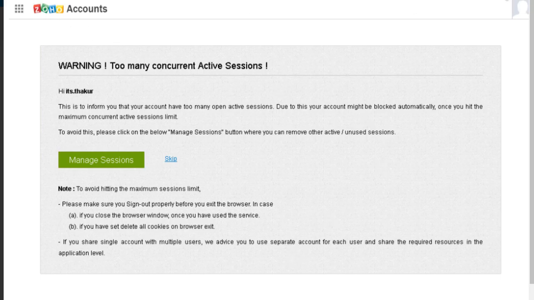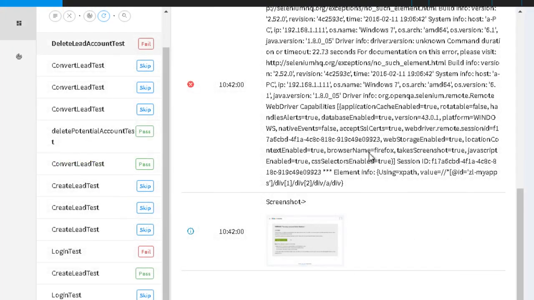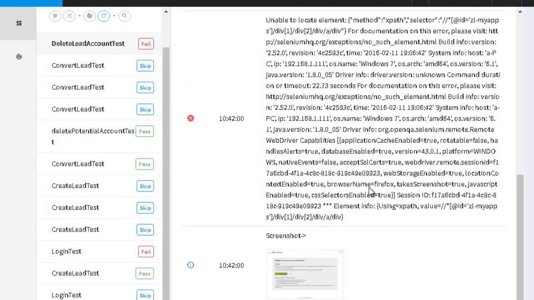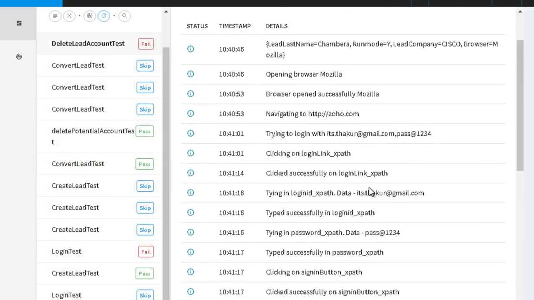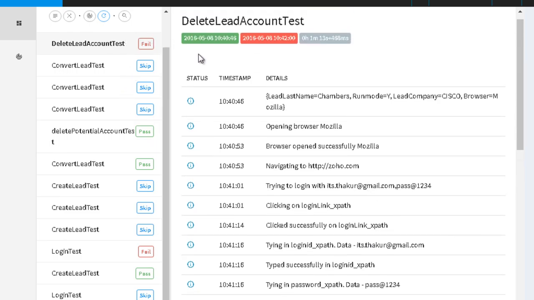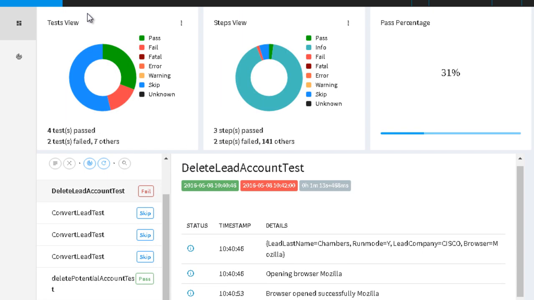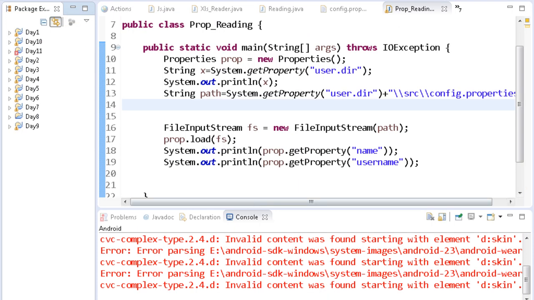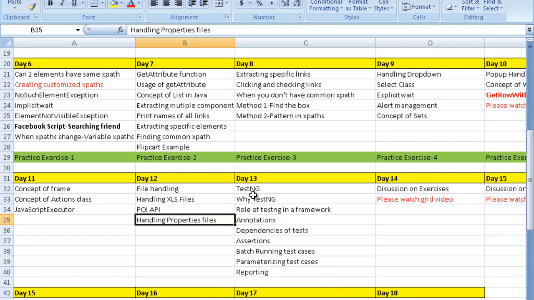Fine, and what happens is that to generate, it's not very difficult to generate these reports. You also have these reports in a different format, like this. So everything can be done by using Testng out here. Right, so now let us see how we can do it. The first thing is that you have to